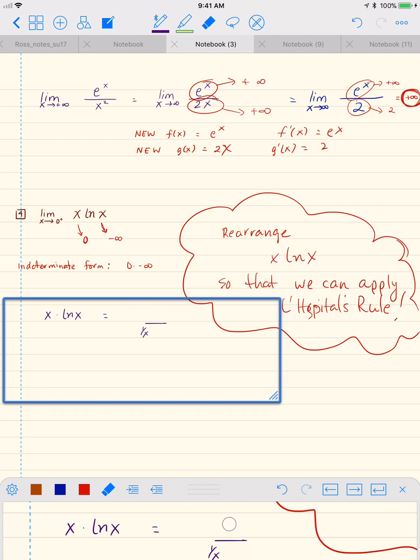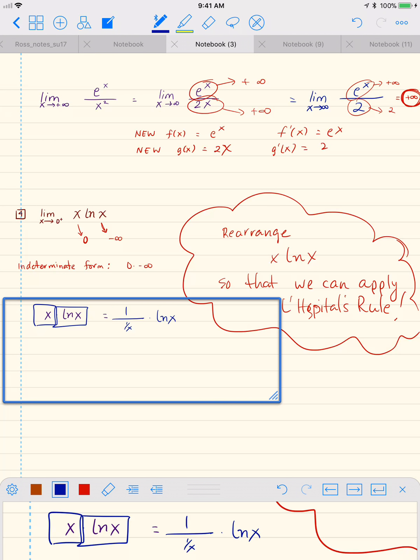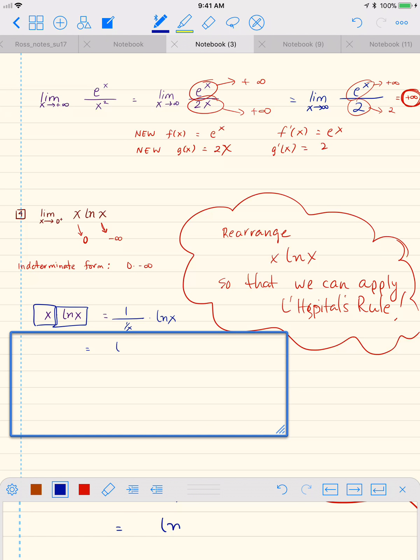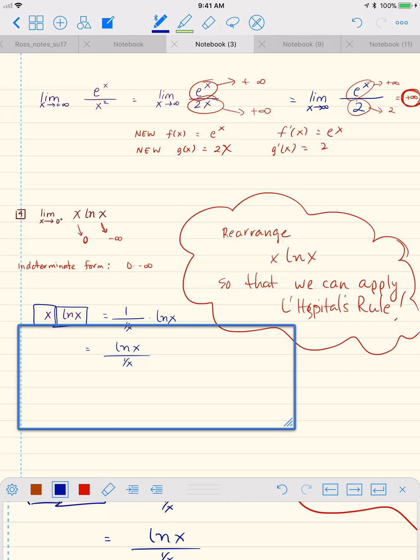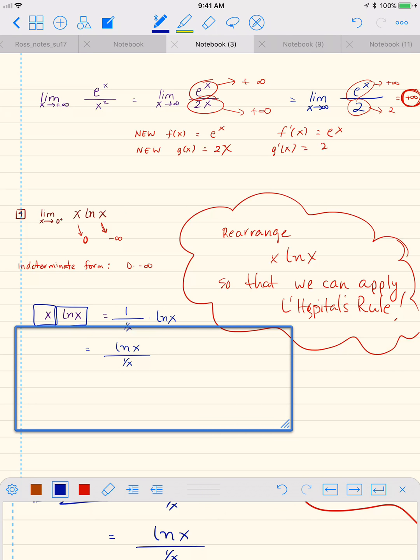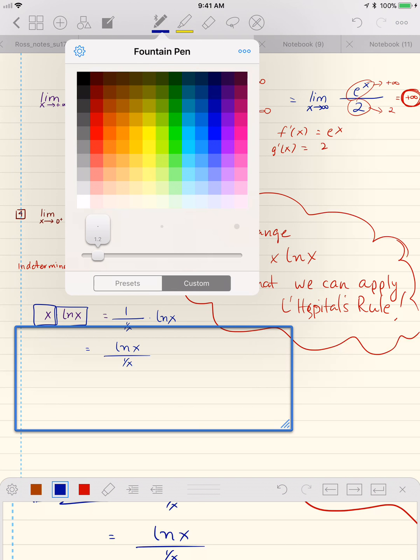Now what we're doing here is rewriting x ln of x as, instead of x, we've got 1 over 1 over x, and then we still have our ln of x over here. And now we're just going to rewrite this as ln x in the numerator and 1 over x in the denominator. The reason why we did that is because now as x approaches 0 from the right,